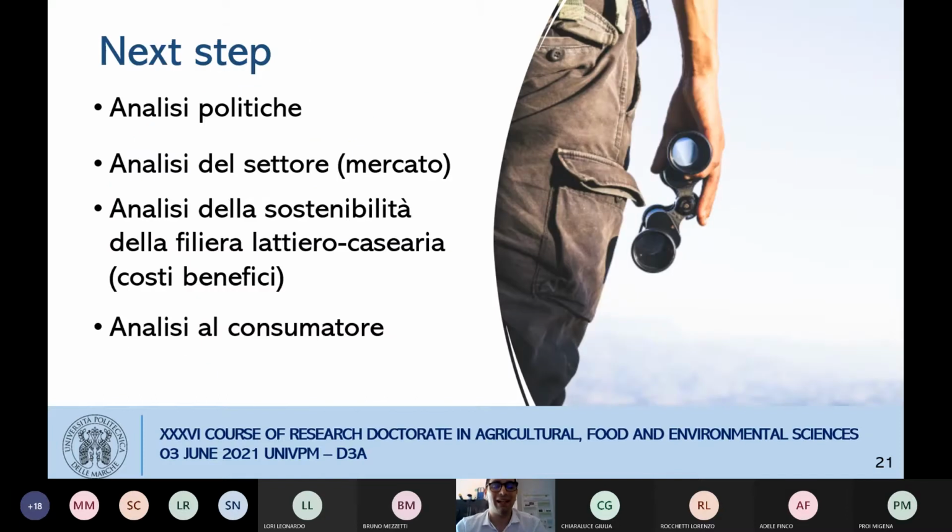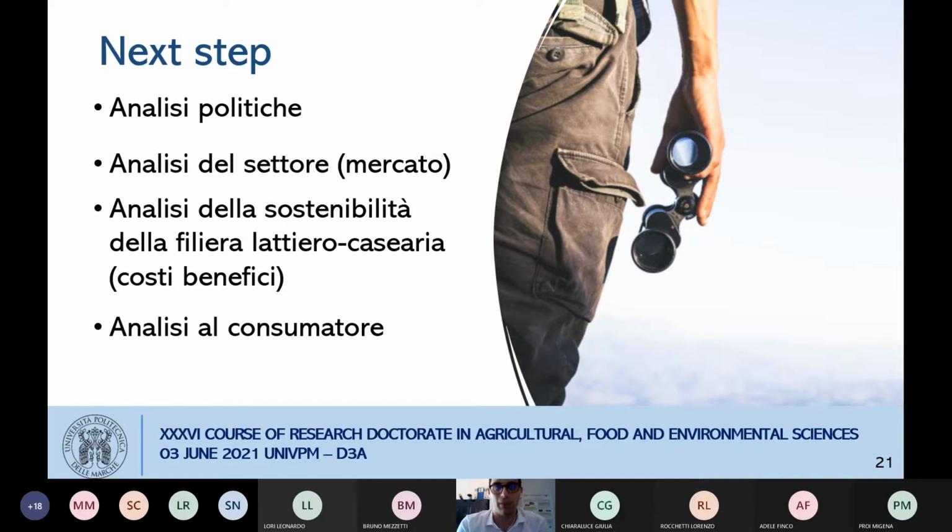Dopo aver effettuato questa analisi letteraria, è risultato necessario andare a definire quali sono i passi successivi. In particolare sarà necessario andare a effettuare un'accurata analisi delle politiche europee per la valorizzazione delle zone di montagna, per andare anche a vedere gli effetti delle stesse, un'analisi del settore, in particolare un'analisi di mercato, per vedere come questo si è evoluto negli anni, un'analisi della sostenibilità della filiera lattiero-casearia, come accennavo prima, tenendo in considerazione tutti e tre gli aspetti della sostenibilità,